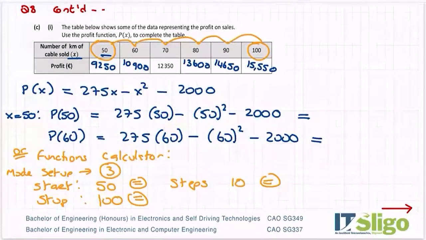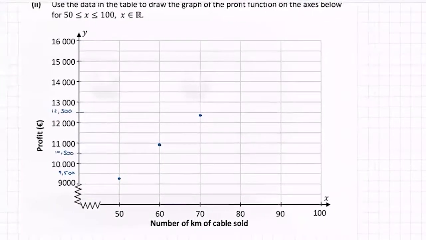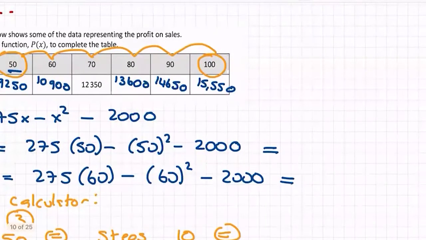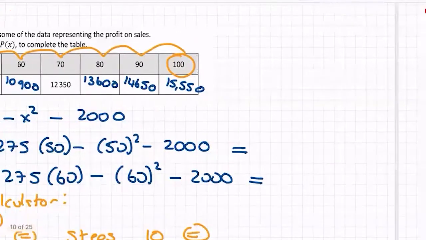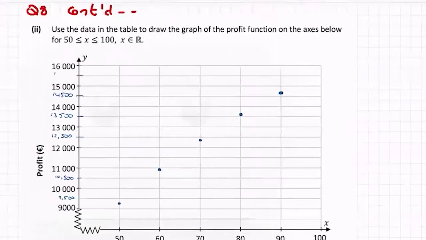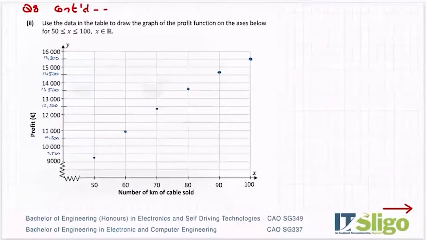At 80, it was 13,600. That's 13,500, so 600 is a bit above that. So there. 90 is 14,650. So that's 14,500, so 650. And 100, 15,550. It's just a bit above that one. Okay, and